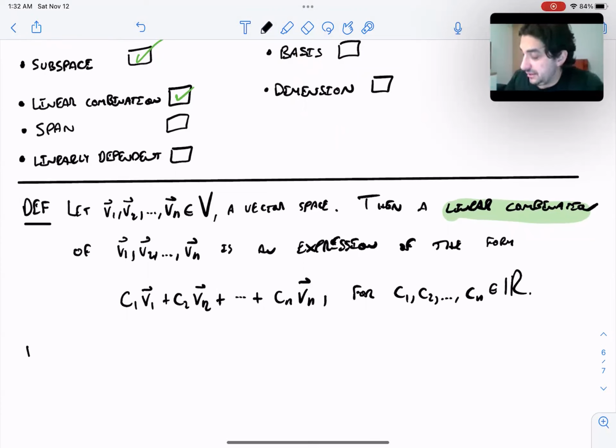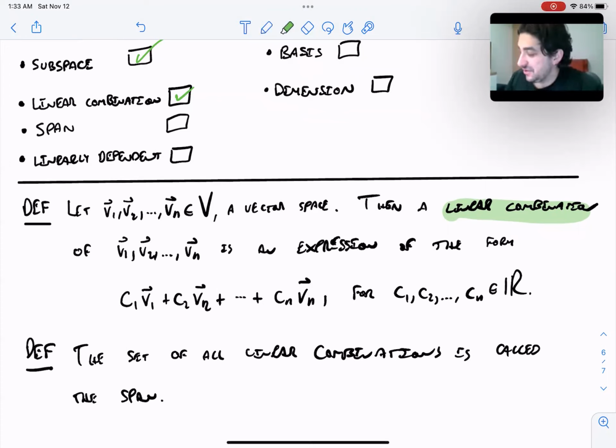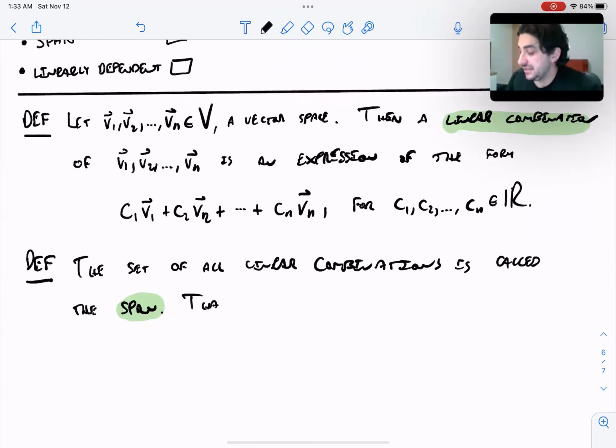So for a related definition, look at this word span. If you take the set of all possible linear combinations, that is called the span. So if you take all possible linear combinations for all choices of c1, c2 up to cn, that's called the span. Another way to say that, if you want to use set builder notation, you can say